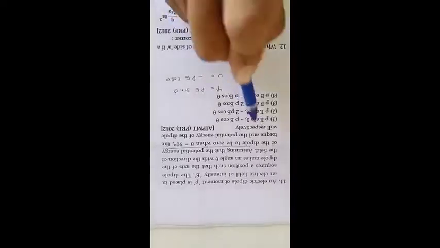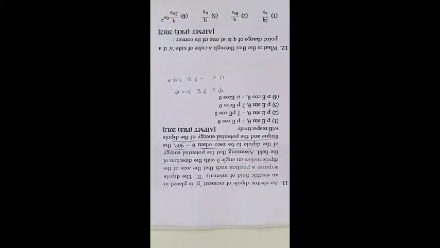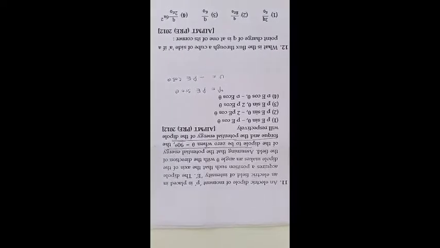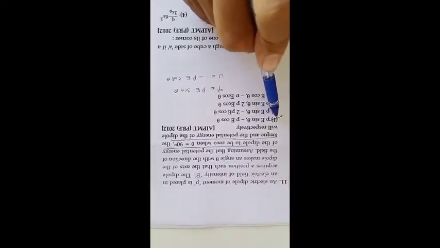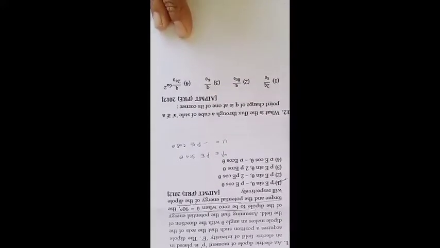Just these words are this sentence: assuming that the potential energy of the dipole to be 0 when theta is equal to 90 degrees. Just to confuse you, they will give it like this. Same formulas. Tau is equal to PE sin theta. Potential energy is equal to minus PE cos theta. First option. Just to confuse you, this is how they will manipulate. You may have doubt in this.